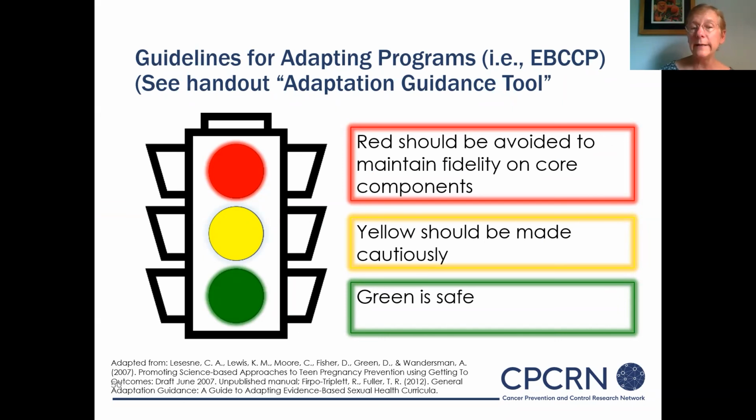Mary has provided a 1-page handout on guidance for adaptation, which tells you in 1 page what's a red light, which means you should not adapt it in an evidence-based research-tested intervention, yellow for adapt with caution, and green, it's safe to adapt. I would say that if any of you are at a place in your work where you want to adapt a research-tested intervention, first, on the next slide, we have a